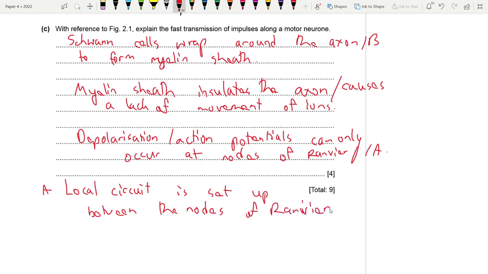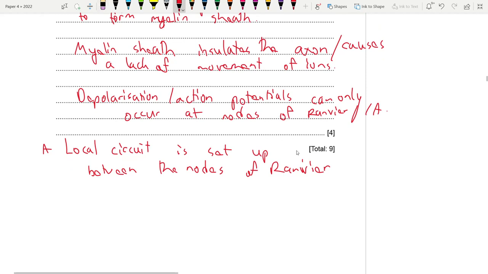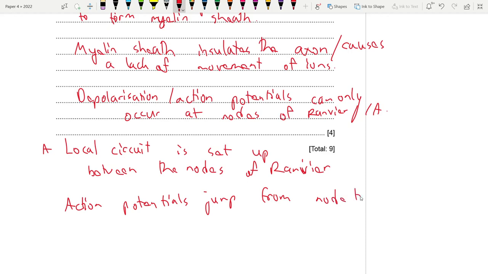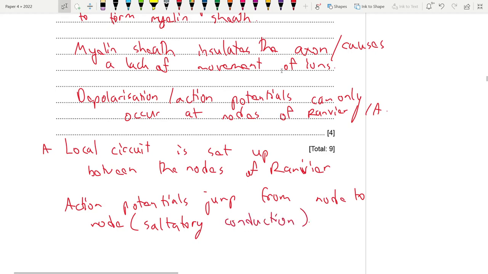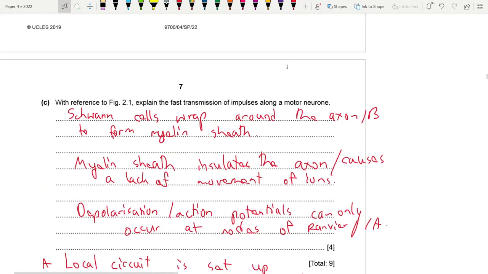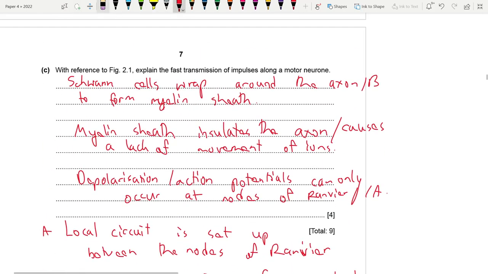So what does this local circuit help to do? The action potentials can actually jump from one node to another, right? Action potentials jump from node to node, and this phenomenon is actually called saltatory conduction, right? So you could say that this actually, since it's mentioned in the question, we can't actually